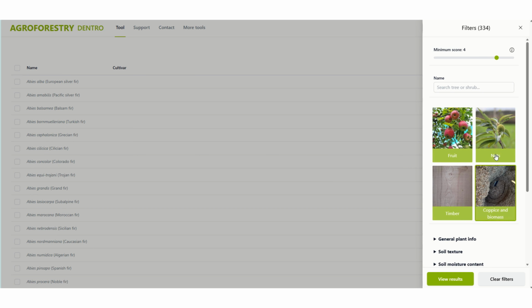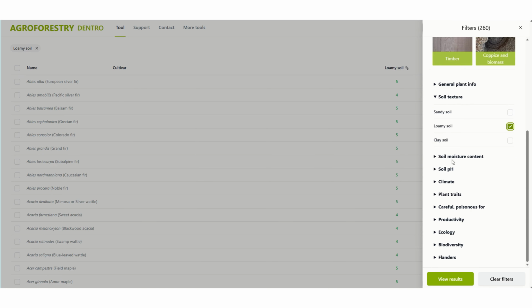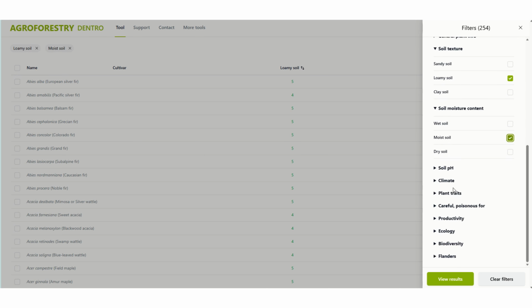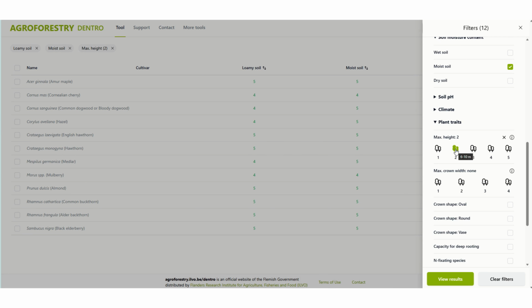Here you have the same buttons again, like the previous version. And here you can again click on certain characteristics. Sometimes there is a specific legend to a certain parameter, and then there's this information button where you can get a pop-up with an explanation of the legend. So 1 would mean a maximum height of 0 to 5 meters, or 6 to 10 meters. So I can click on it, and then you can see that it's being